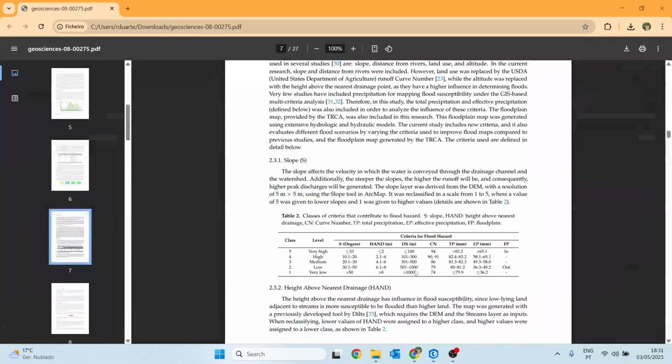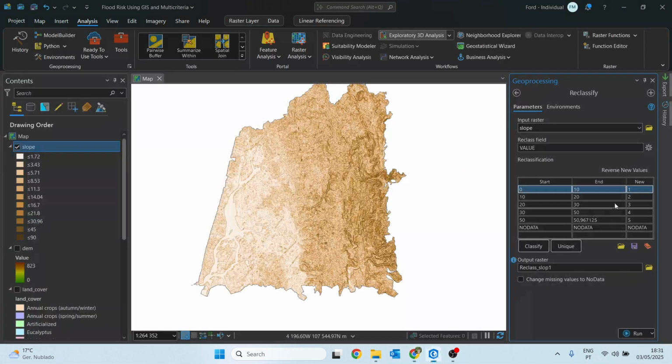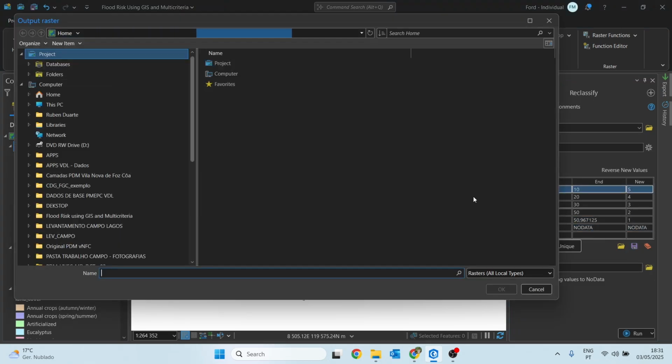Between 20 and 30 the value will be 3. Between 30 and 50 the value 2, and above 50 will be the value 1. Click on Output Raster to save it. Since this is the final result for the slope,